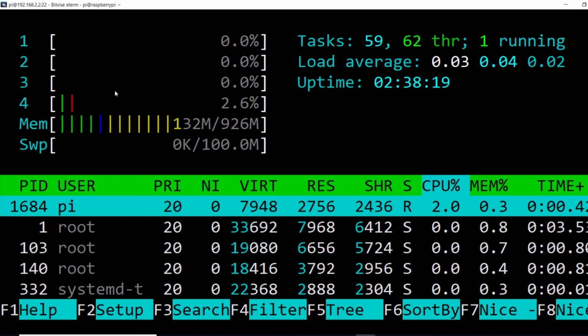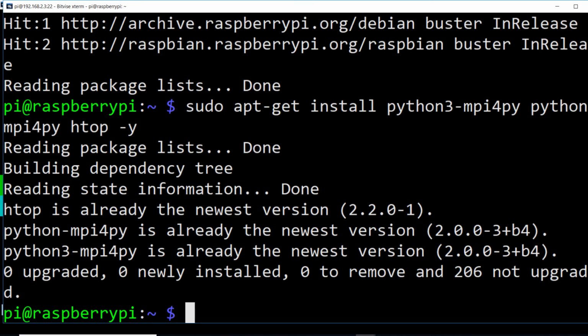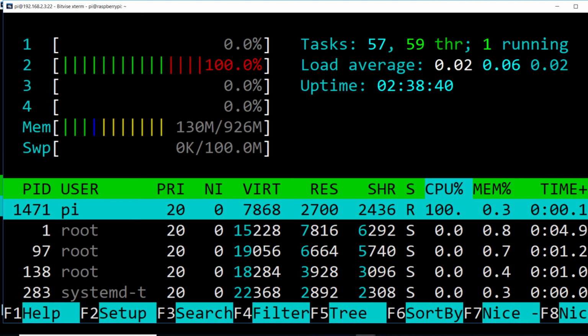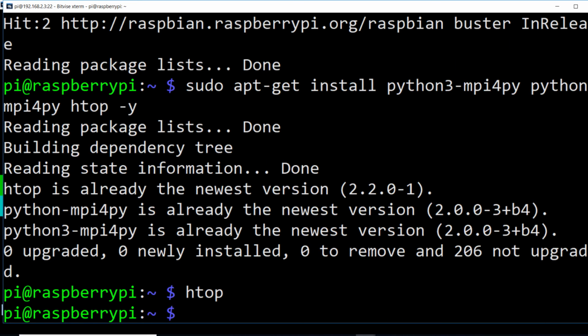So only one processor is doing all the stuff because this is not some sort of multi-threaded process. Okay, and you can just try to see what other nodes are doing. HTOP. And to exit, you just need to press Q.